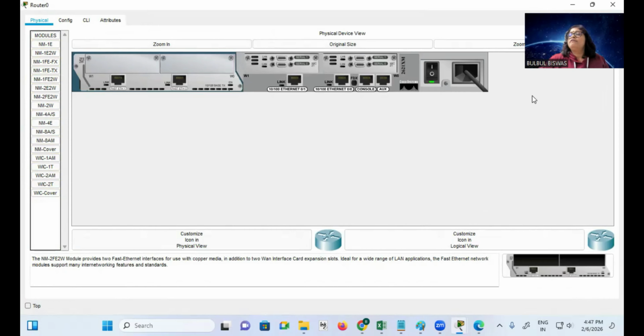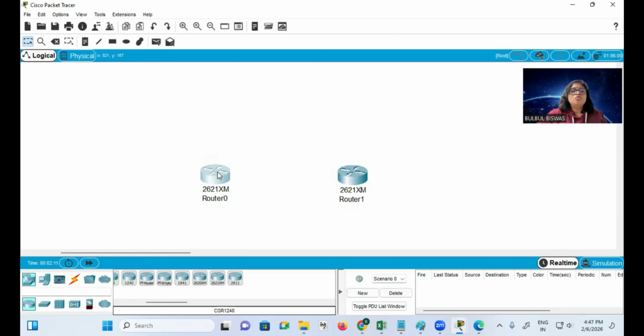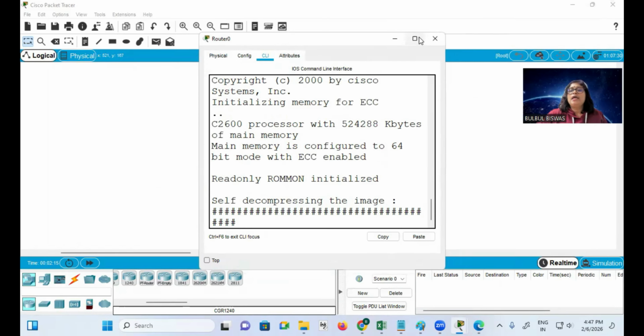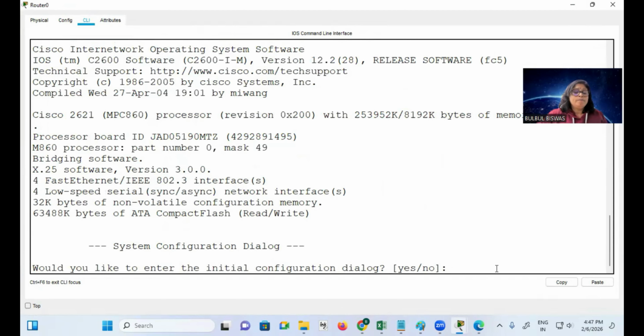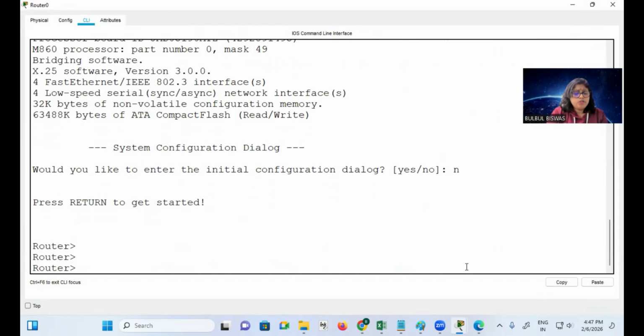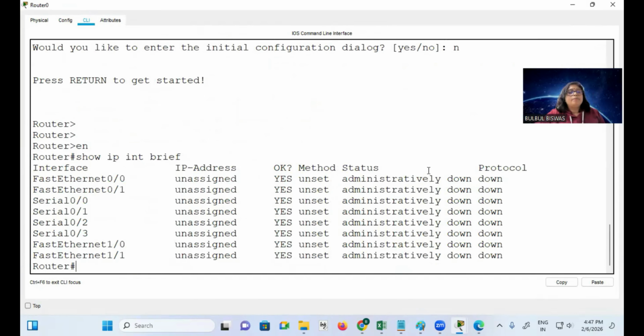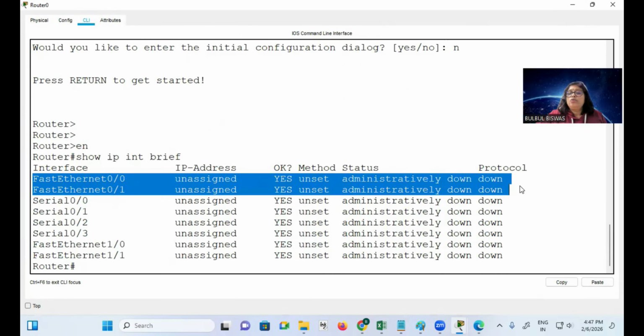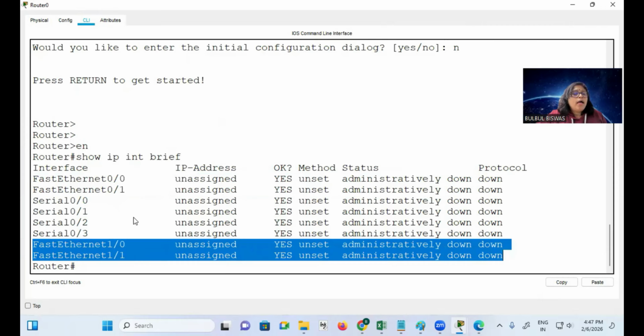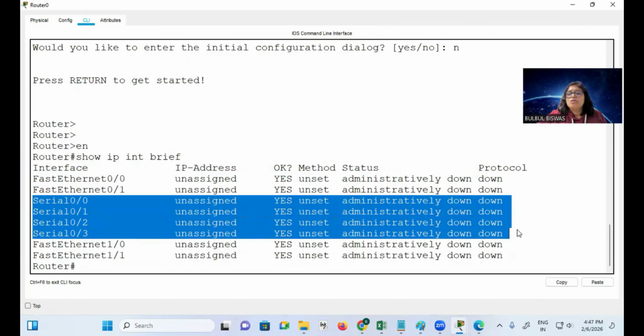Now I power on the router. Fine. So you see, this is my router. Okay, I'm going to the CLI. The router is getting booted. It is booting now. You can see. And I want to check how many ports are there. Then of course, typing a command, show ip interface brief. So you can see these are the ports I have got. These were the two default ports the router had. Now I have added these two ports and these four serial ports I have connected with this